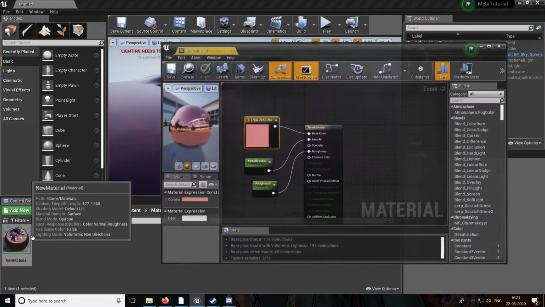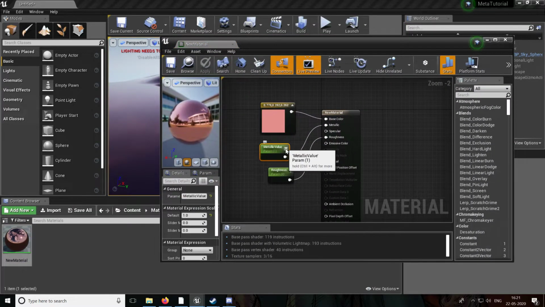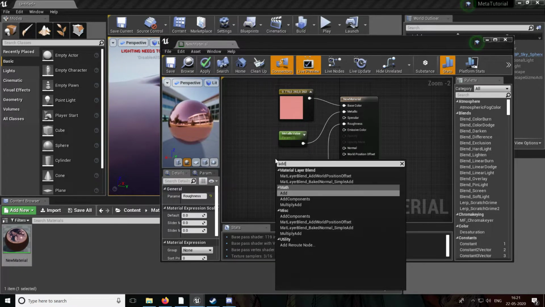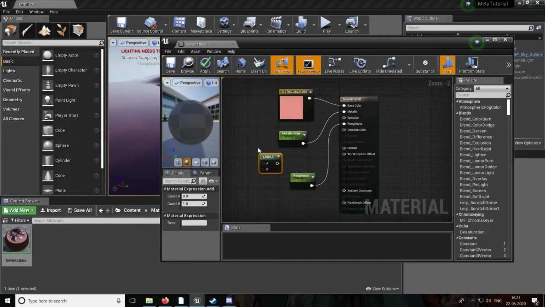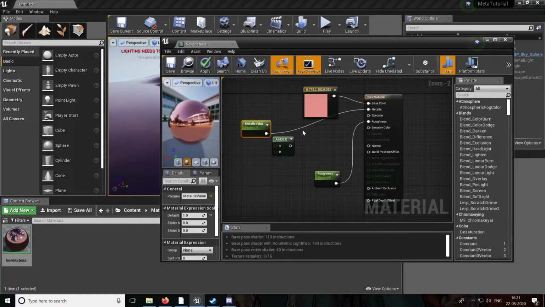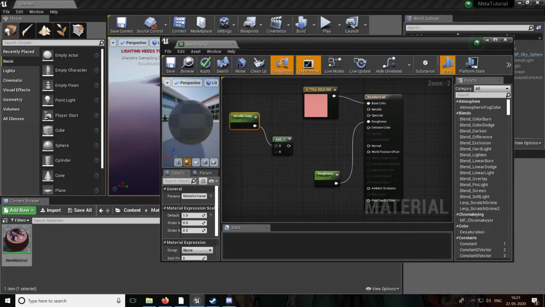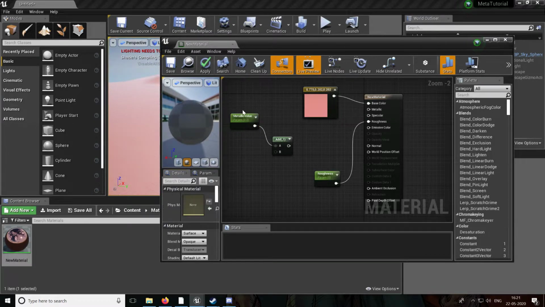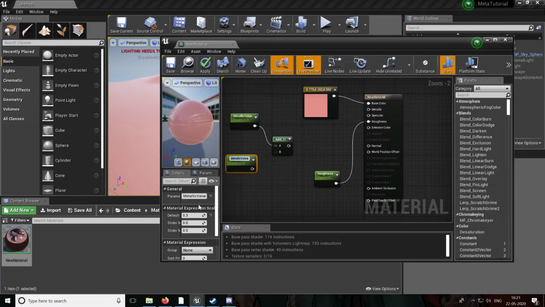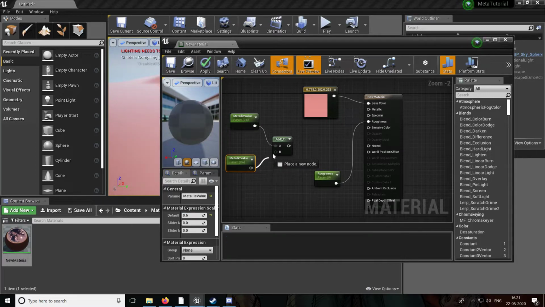If I double-click materials, suppose I want to maybe add two things together. If you press Alt and click on one of these curves, they get deleted. So let's say I have this metallic value here. Maybe I make this 0.3, and I have another metallic value. I'm just going to create that. And maybe this one I want 0.6. These are both scalar values. Maybe I want to add these two.